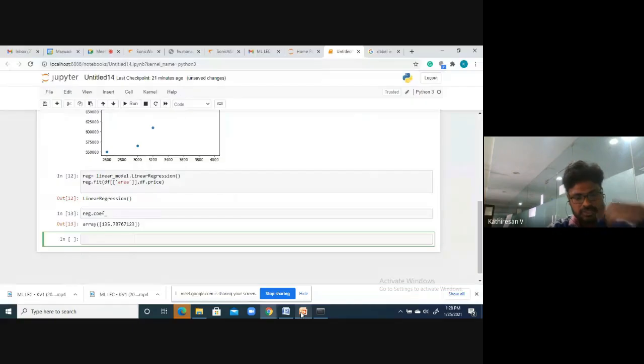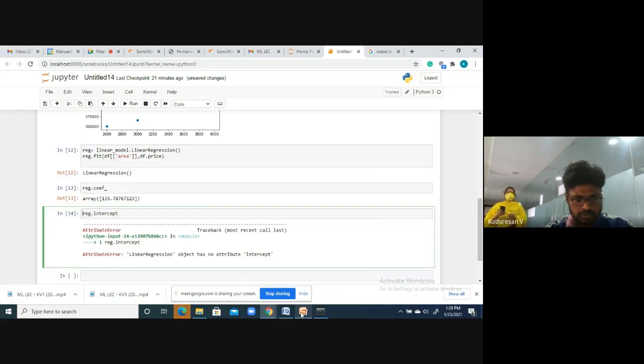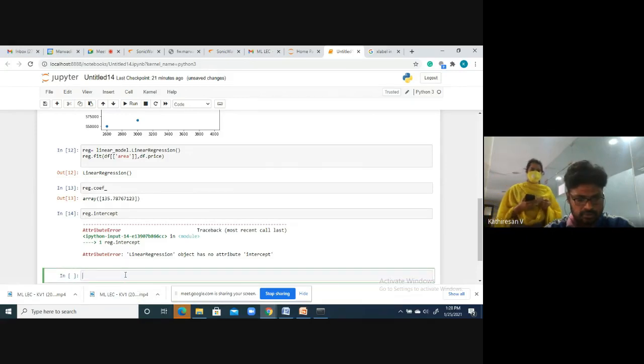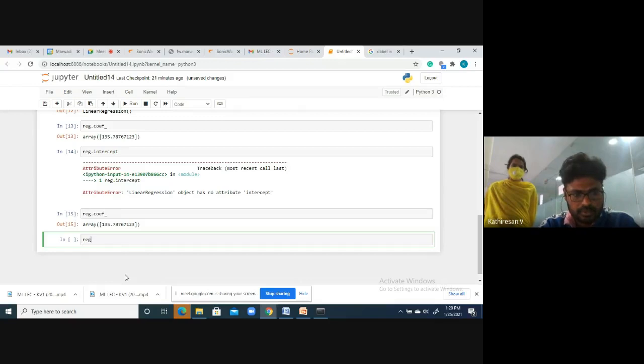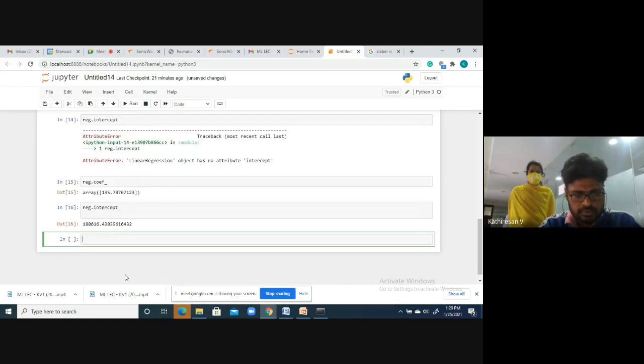So for that, you have to type reg.intercept, and then you get it. See, now you are getting the value for the intercept.